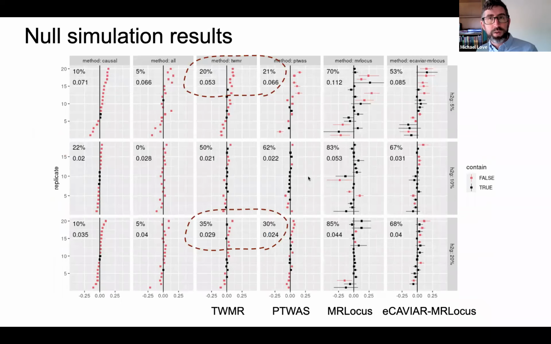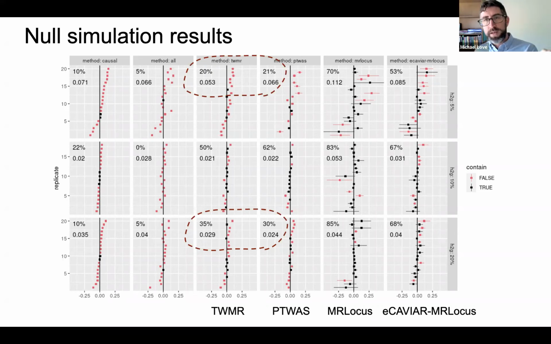So I'm going to start with the results for the null simulation, just because that kind of sets the stage, I think, in an important way. Along these columns are different methods, and then the rows indicate different expression heritability. So 5%, 10%, 20%. Within each panel, there are 20 simulations, and